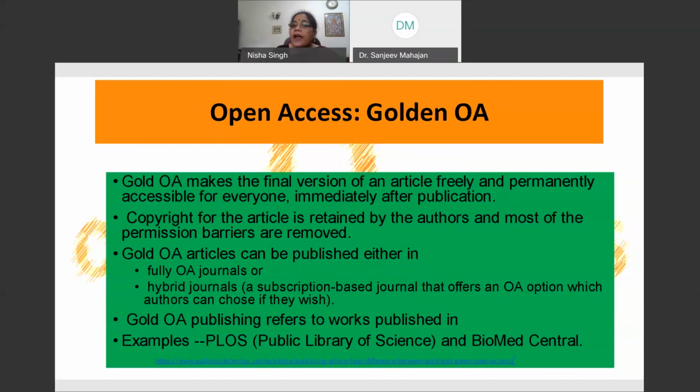That is, it makes the final version of the article freely and permanently accessible to everyone immediately after publication. See, I'll be showing you, so there's a journal called Asian Journal of Distance Education. In fact, उसके एडिटर प्रोफेसर शर्मा थे जो कल आपके पास ही थे, आपके साथ थे। सो वो ही इज वन ऑफ द एडिटर्स ऑफ दैट पर्टिकुलर जर्नल। वो जर्नल जो है वो ओपन एक्सेस जर्नल।